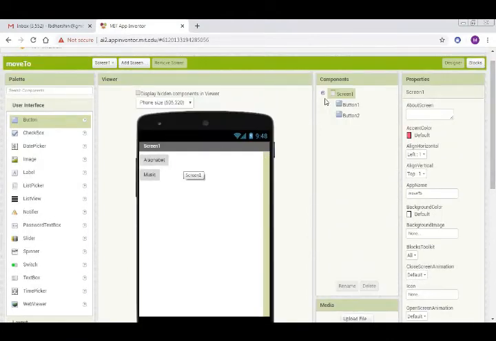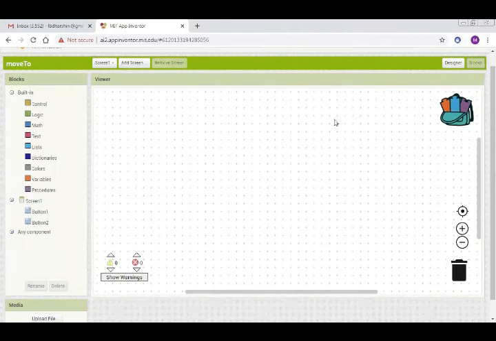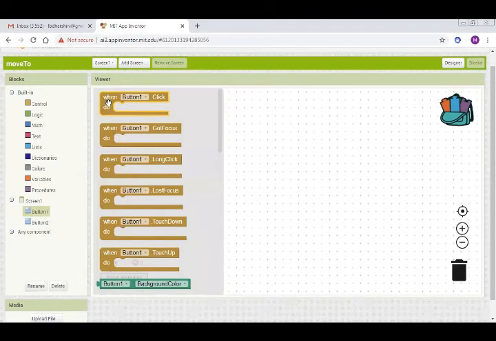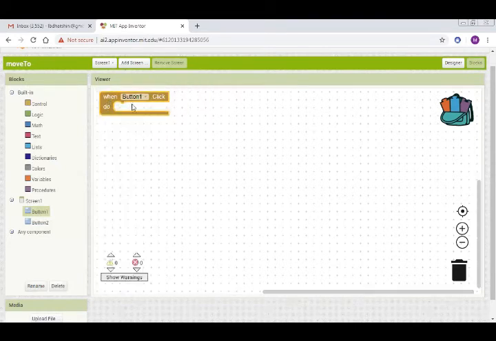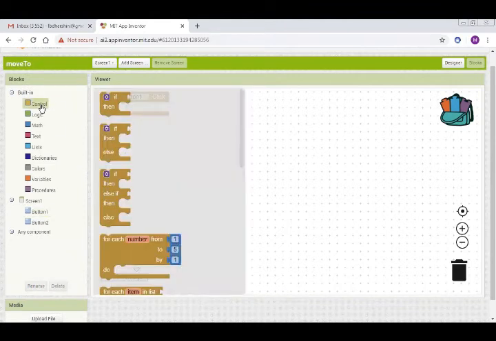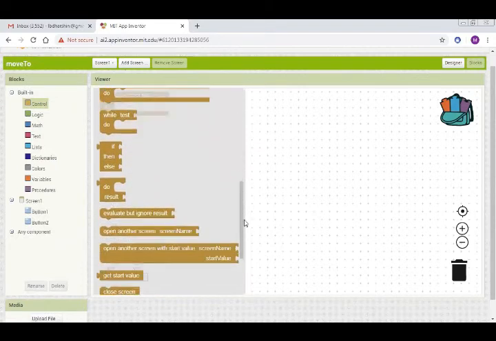Okay, first screen, I'm going to the block window. And now, when button 1 click, which means the alphabet button, right? So when the alphabet button is clicked, we have to move to the second screen. For moving that, we have to choose the control component, and if you click the control component,